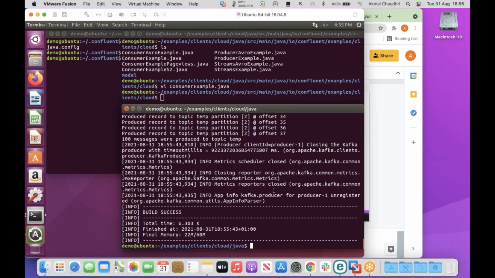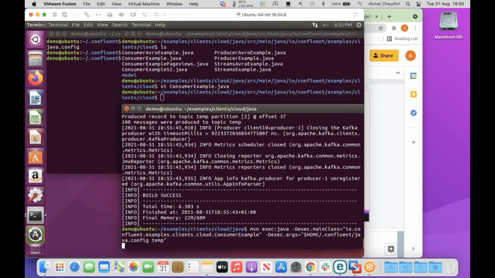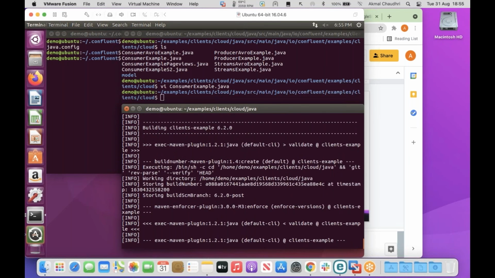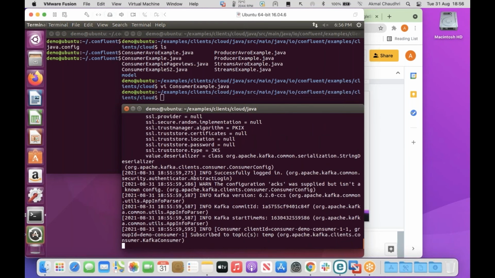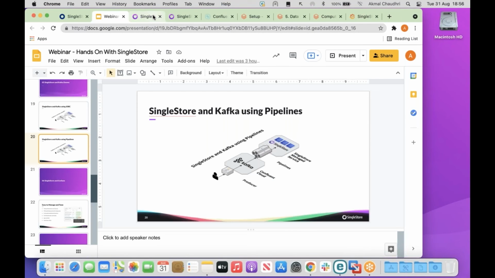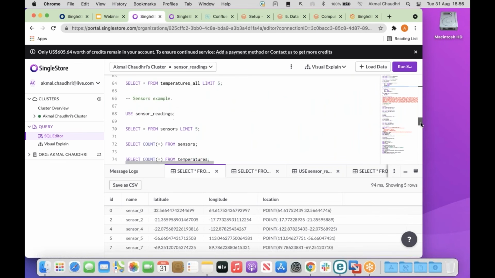And on this side, what I'll do then is I'll just run the consumer, which is again just a bit of Java code, reading those messages and then pushing up into SingleStore for me, and it will just hang and wait there for more. There aren't any more, but that's okay. We'll just leave that for now. So on the SingleStore side, if we come back and take a look,